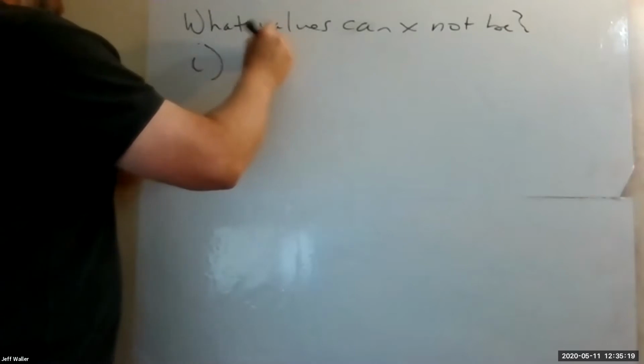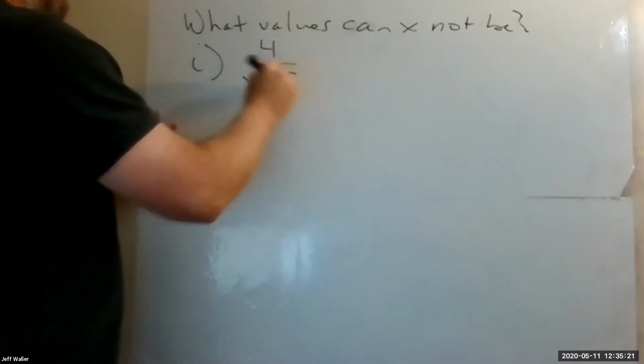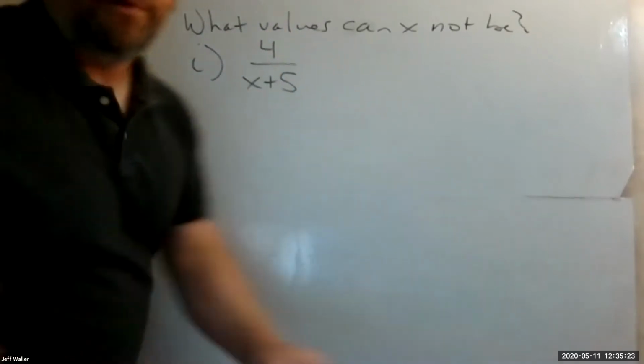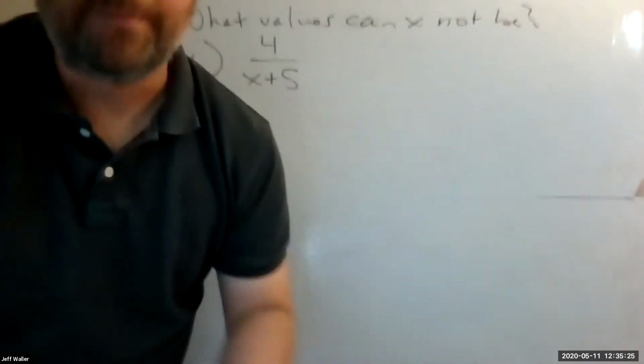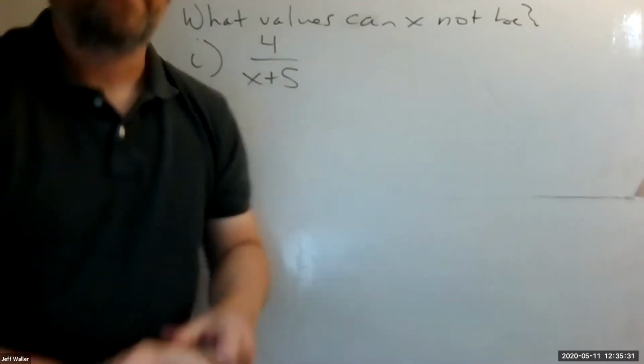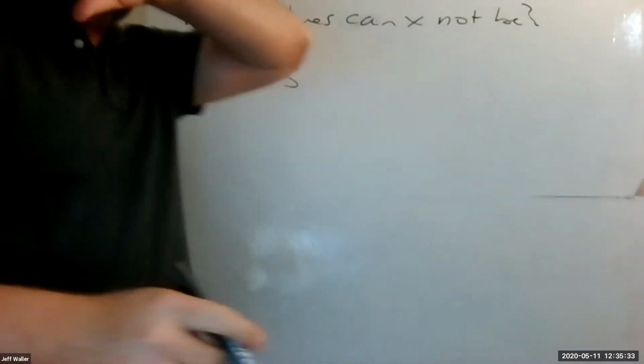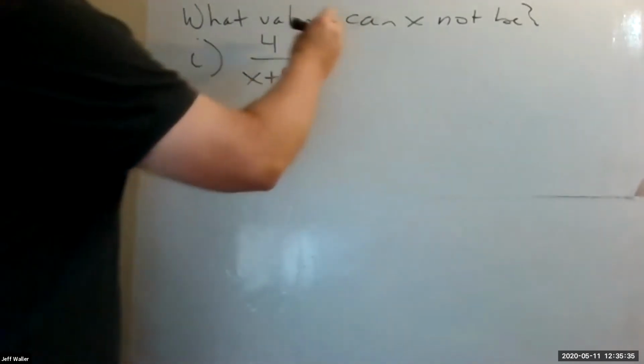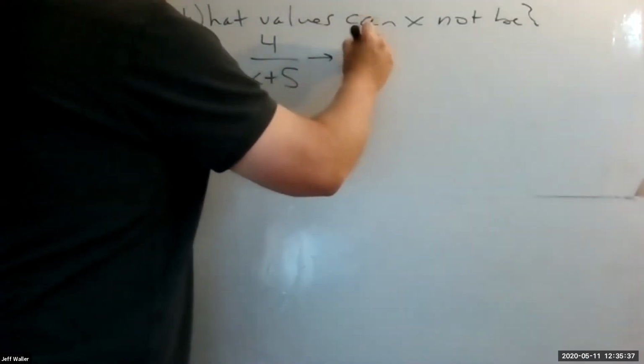Something like this, 4 over X plus 5. What values could X not be? -5? Yeah, why is that? It would be 0. What would be 0? The bottom. The bottom, I love it. So the thing is, you say it in English, bottom